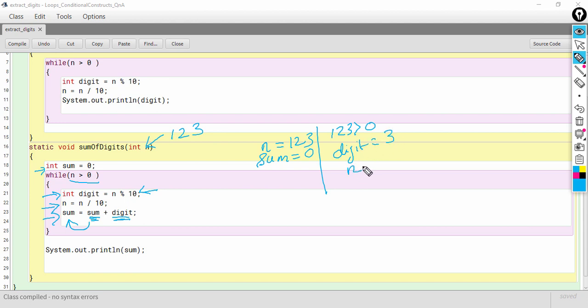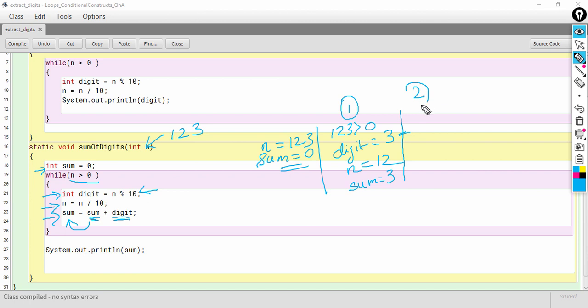Then n is equal to n divided by 10, so that will give me 12. In n we have 12 now, and in sum we'll have sum plus digit. Sum is 0, and we are adding 3, so sum is updated to 3. Okay, so this is the first iteration of the while loop.